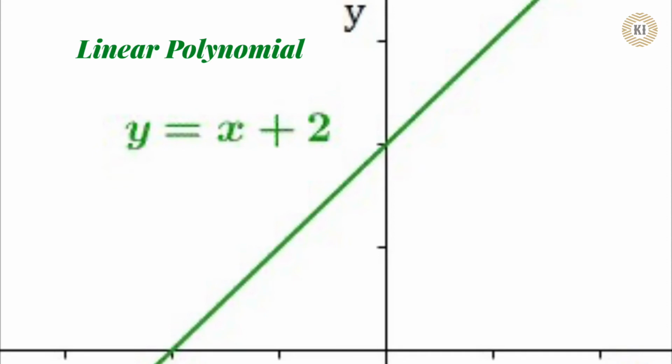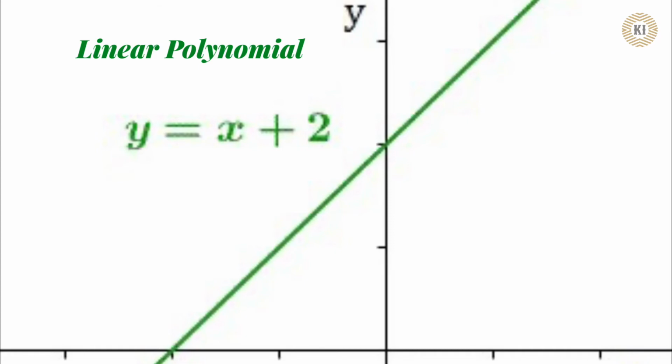So, linear equation, if I remove the RHS and I just take the left hand side of that equation, it becomes a linear polynomial. Okay, so linear equation plotting was always a straight line, right? So a linear polynomial will always be a straight line. If you plot a linear polynomial, as you can see on your screen, y is equal to x plus 2 I have taken, and its representation is a straight line.